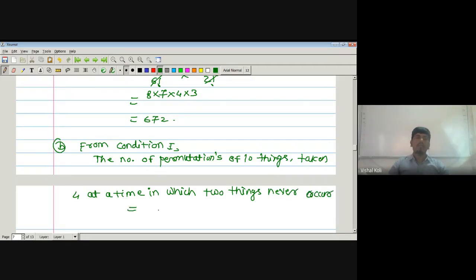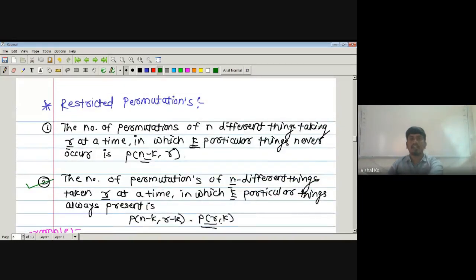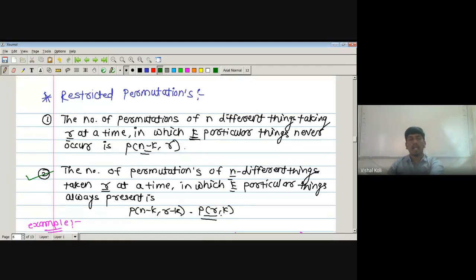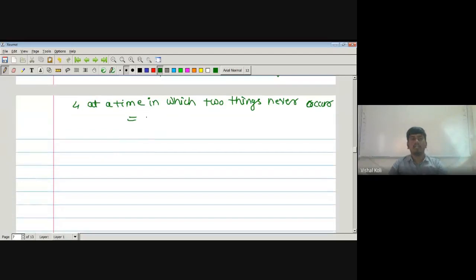is equal to permutations of, that is condition 1 says that the number of permutations of n different things taking r at a time in which k particular things never occur is nothing but permutations of n minus k things where r will be taken at a time. But here n is 10, r is 4 and k is equal to 2. Therefore it is nothing but permutations of 10 minus k, that is 10 minus 2 things by taking r at a time, that is 4 at a time, which is nothing but permutations of 8 and 4,